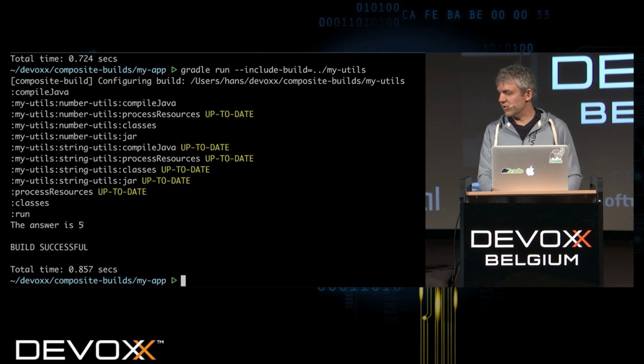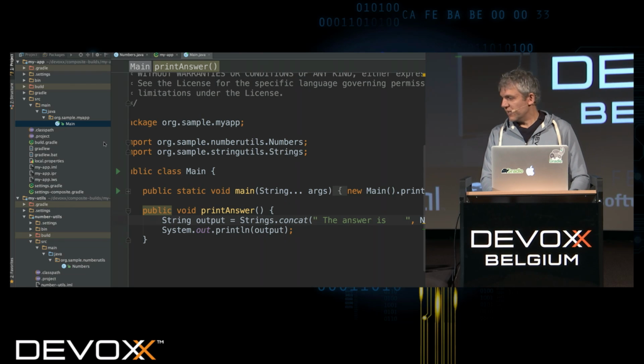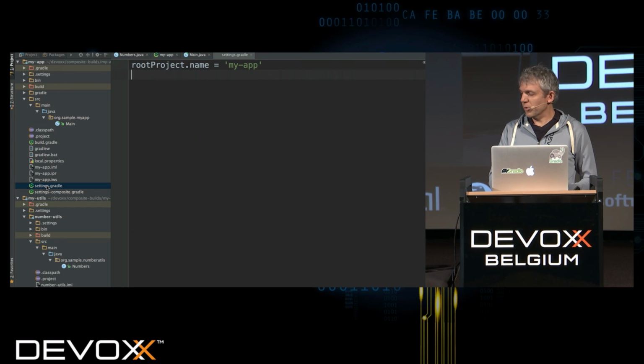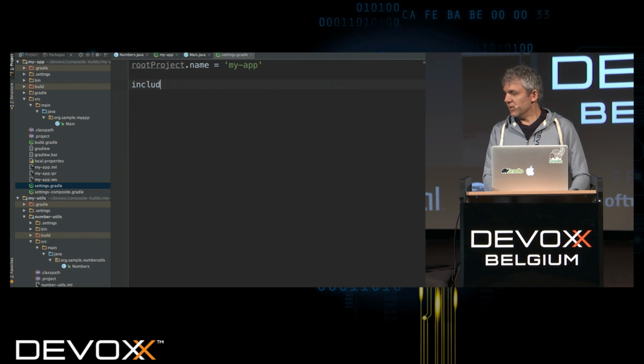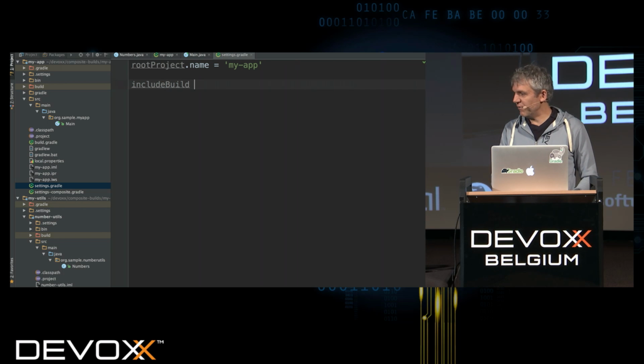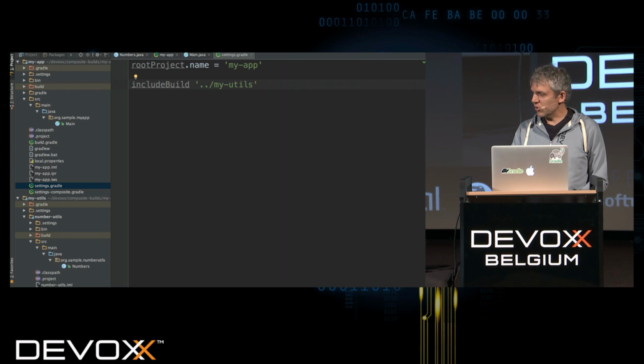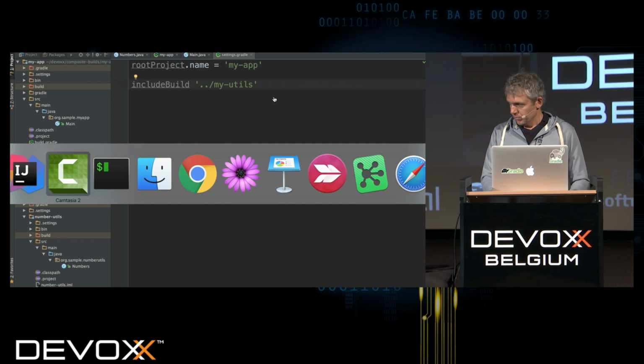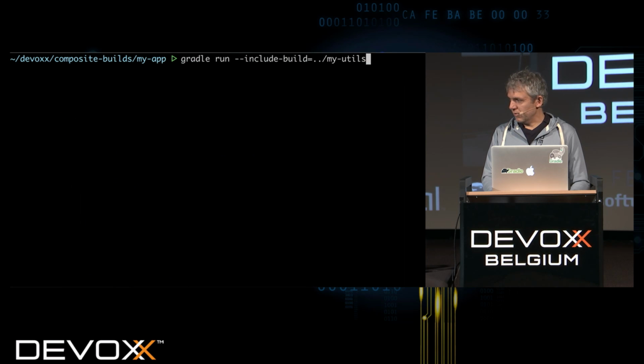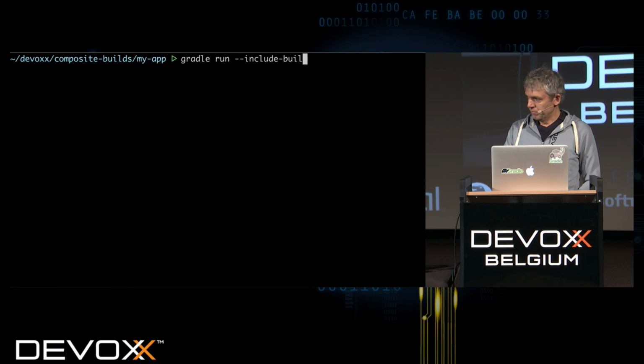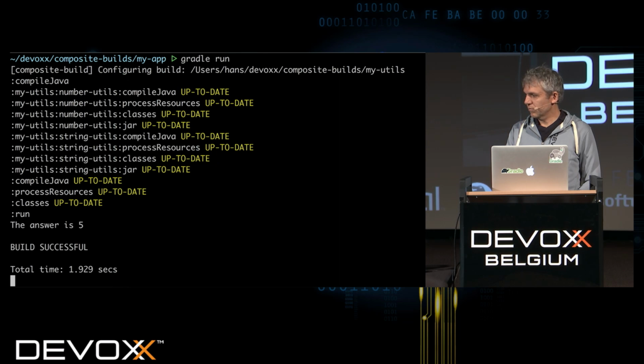Here we go. The answer is 5. So nice. One way to do composite builds is via the command line. Another way is to do it in the settings.gradle. So I can persist that behavior in my app, at least for a certain period of time, that I say, hey, include build myutils. And then I can just go on the command line and don't need to inject it there, but can just run the build, and the answer is